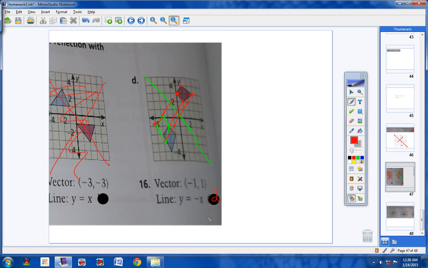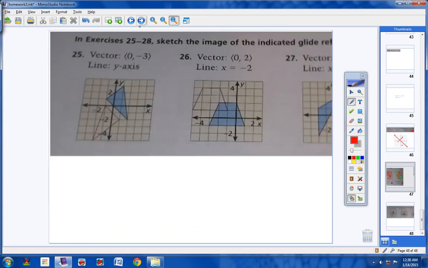Okay? Alright, let's move on to our last four. Notice, students, on the last four, they already have the answers for you right here. Okay? There's nothing I can do about that. It's just the teacher's edition book that I have. So I'm going to ask you to ignore that the answers are there and just watch how I work these,